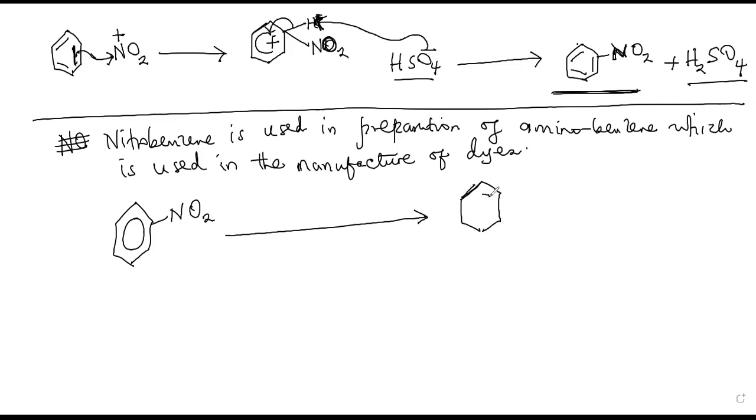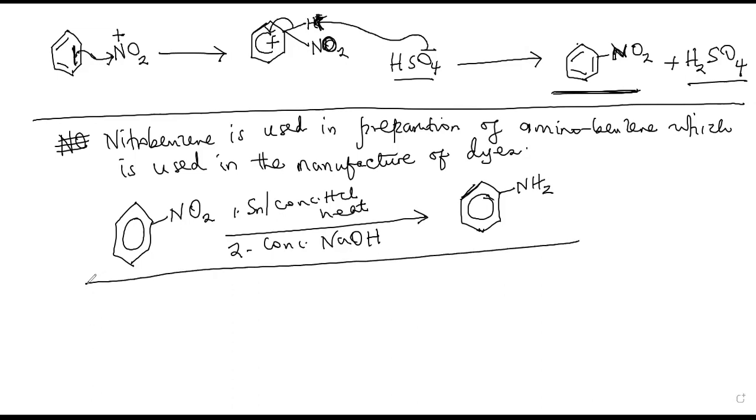Our purpose is to get aminobenzene. Here we have NH2. So to get aminobenzene, we have to treat nitrobenzene with the following reagents. Number one, we treat it with tin and concentrated hydrochloric acid. Here we do some heating. And then reagent number two, we treat it with concentrated sodium hydroxide. So these conditions lead you to produce aminobenzene, which can be converted into very many other things, including the